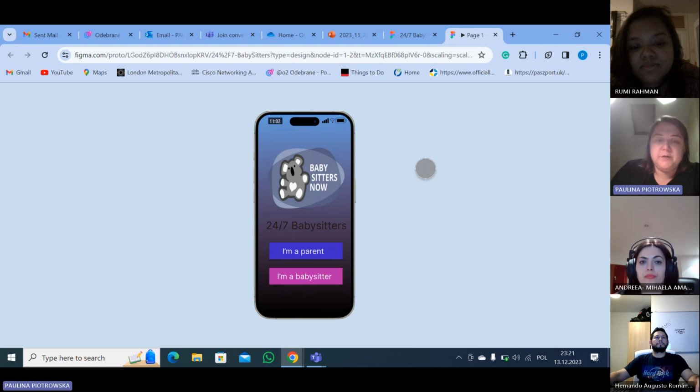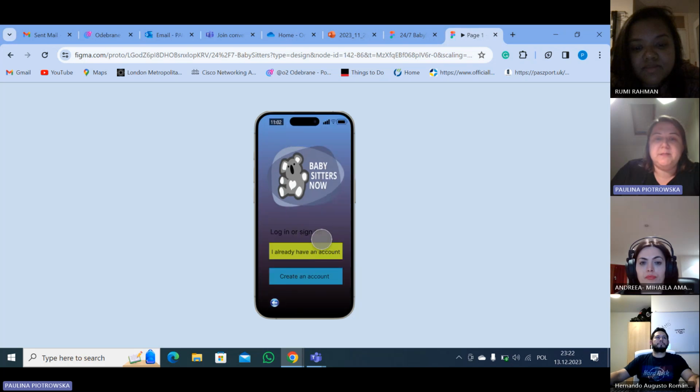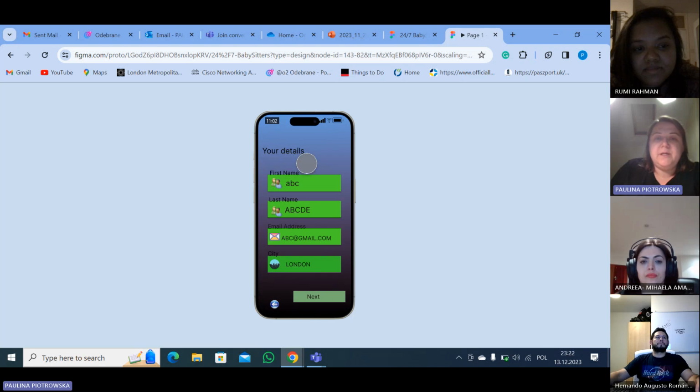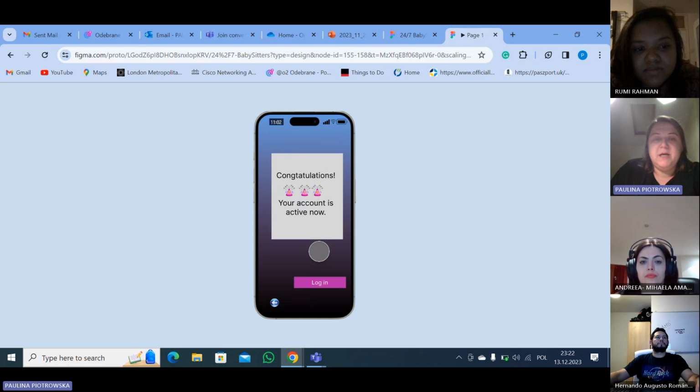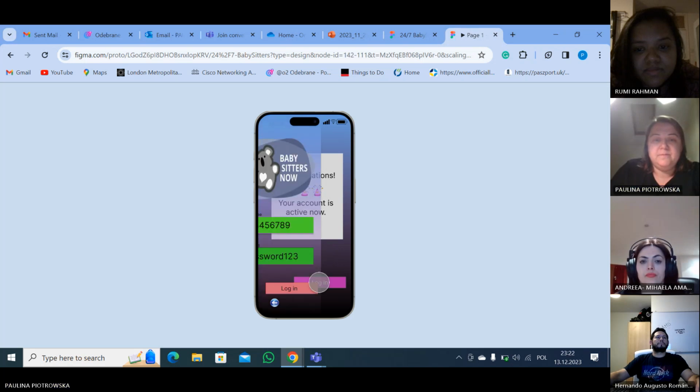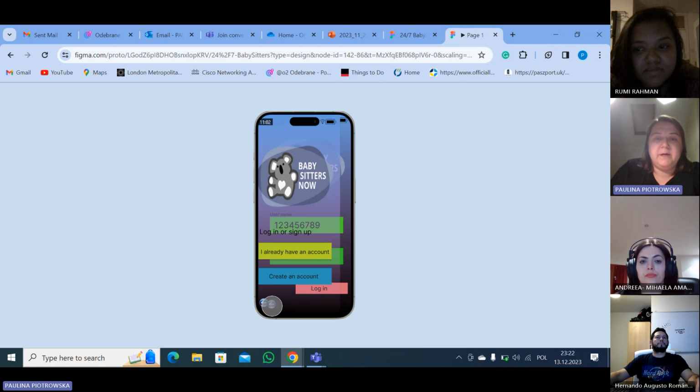So this is how the main page is going to look. It is the creation for parents and babysitters. Let's start with the parents. When moving forward, the parent is able to create an account, and there is also an option for those who already have an account. So let's create the account. Here the parents put in all the details, then move forward and open it, and they can now look for babysitters. They can log in. Moving back,